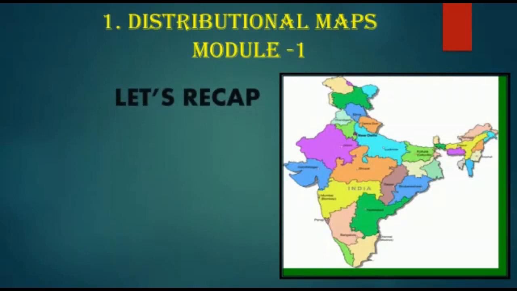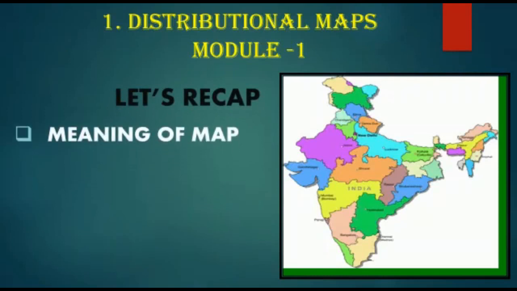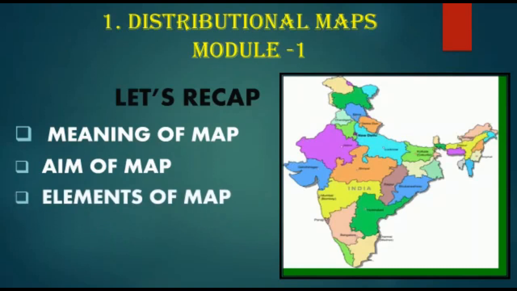You all know that a map is a visual representation of an area, whether real or imaginary. A map is drawn on a flat piece of paper that represents an area of the Earth's surface. On the basis of the use of maps, we can say that the aim of a map is to show the location of a place. A map contains a lot of information, so elements of a map help us to understand what the map contains. Elements of a map are the title, subtitle, arrow indicating direction, scale strip and legend.